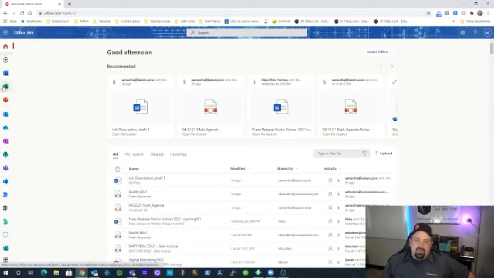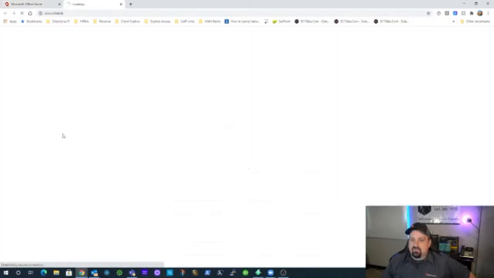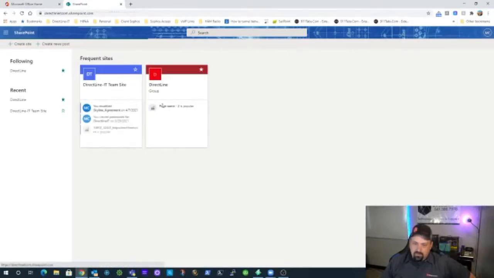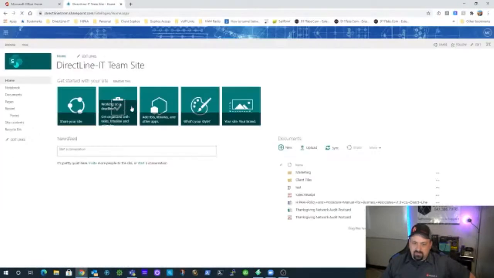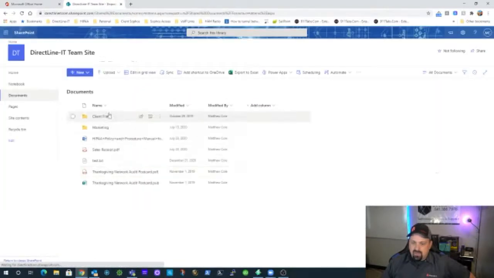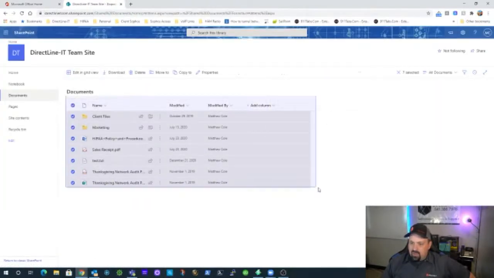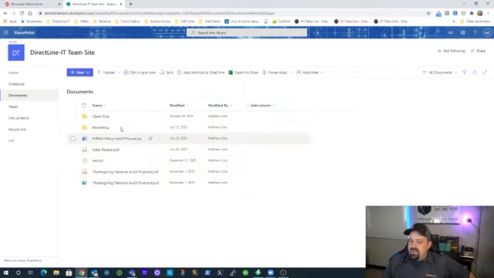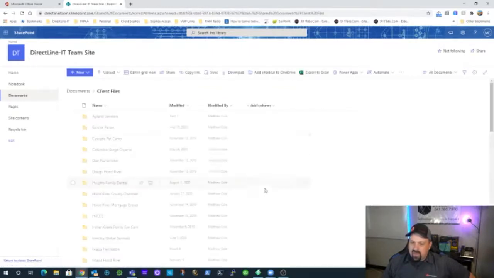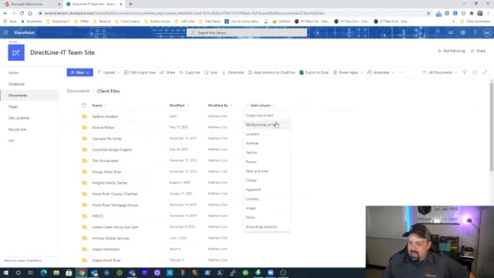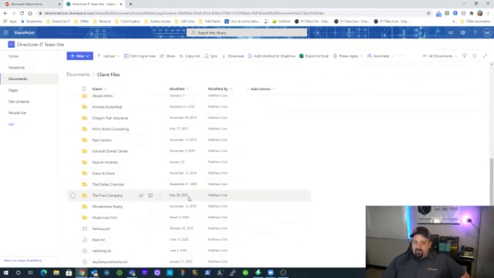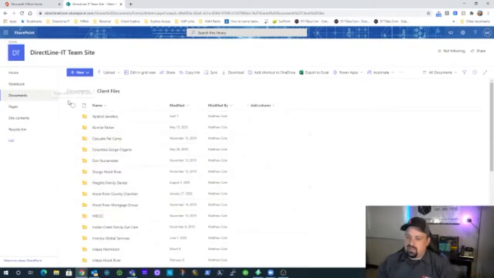Okay, so like I said, if I go into SharePoint for my team, I click on my team site, I go to my documents. This window alone looks exactly like what you're viewing within File Explorer. So even the web-based version is not much different. You click on a file, you're in there, I can see modify, I can add all the different columns that I'm used to, location, all kinds of fun stuff. So at the end of the day,